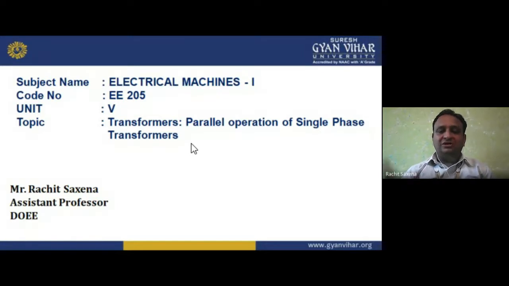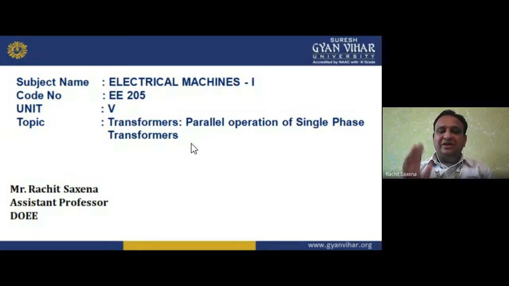So what does that transformer do? It is a step-up transformer. That step-up transformer steps up the voltage level, converting 11 kV or 33 kV, whatever we have, into the 765 or 400 kV which we want, so we can transmit it. Then we have levels: for example, 765 kV is for the tie line, then we have 400 kV, then 220 kV, then 132 kV, then 33 kV, then 11 kV. These are the transmission and distribution layers. So we are stepping up and stepping down with the help of transformers.